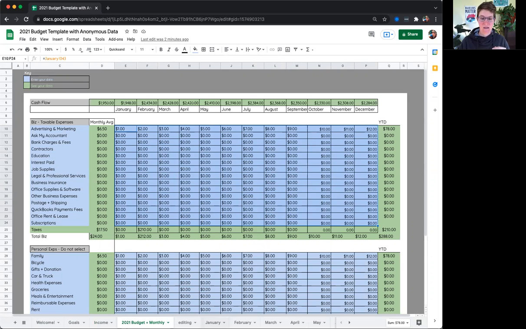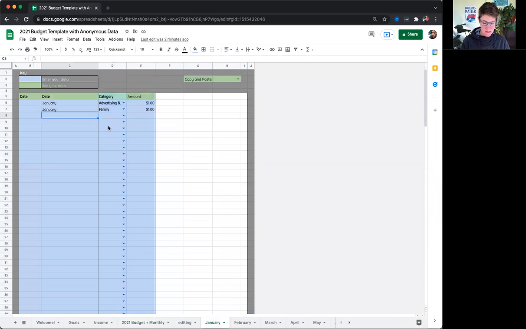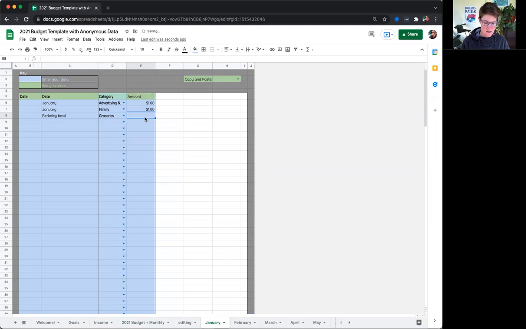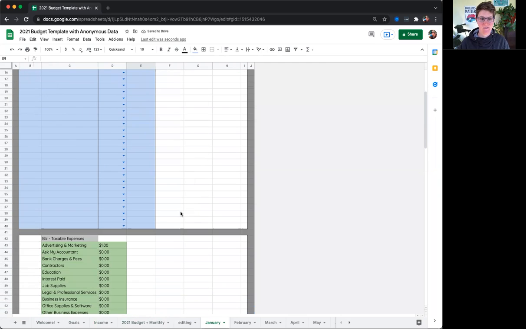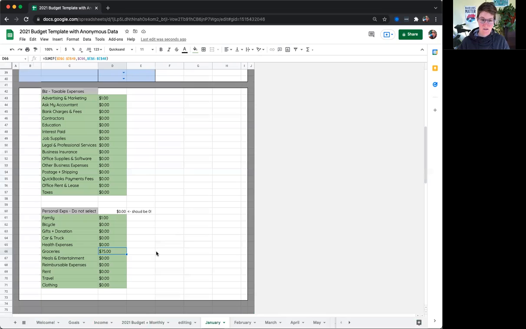But if you want it to be automated, there's a tab for each month at the bottom of this spreadsheet, and you can put in an expense, like I go to Berkeley Bowl, and then you can use this drop down. I like to track my groceries, so I put in groceries and it was $75. I wish! Geez, that's a lot of money. And if you scroll down here, you can see that it gets entered towards